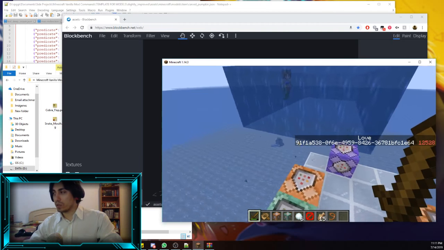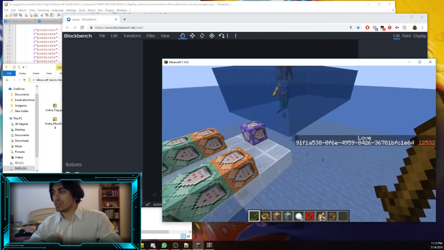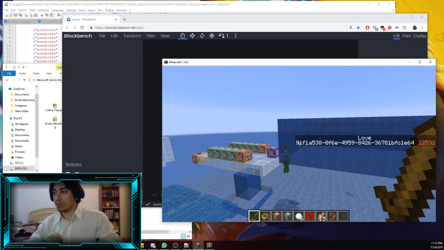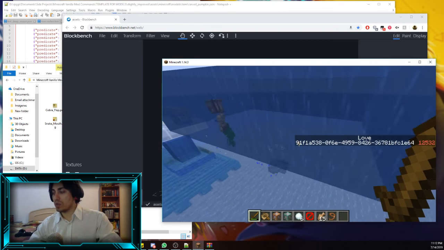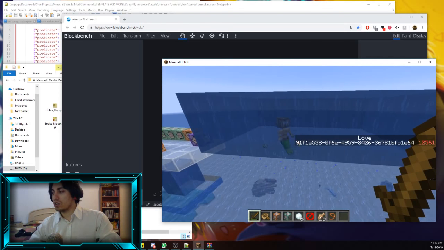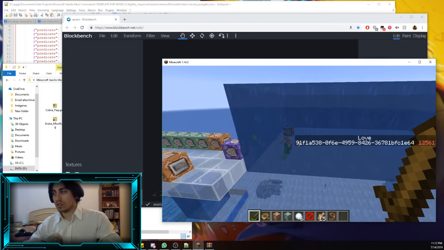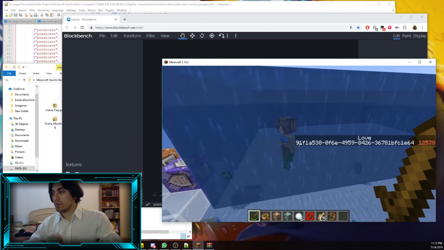Custom trades don't fully work anymore. That sucks, because that was the entire point. The entire point was that farmers would have a random chance of spawning with the capacity to give you grapes. So maybe they'll fix it, but